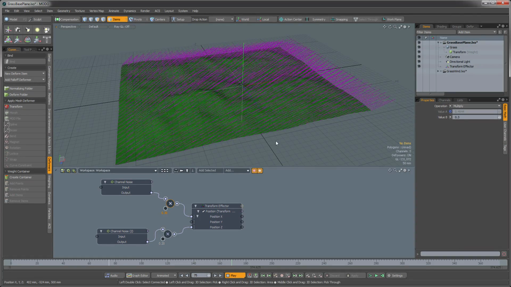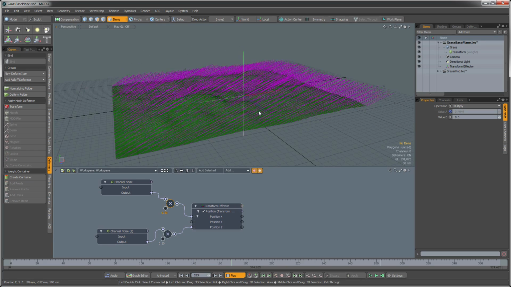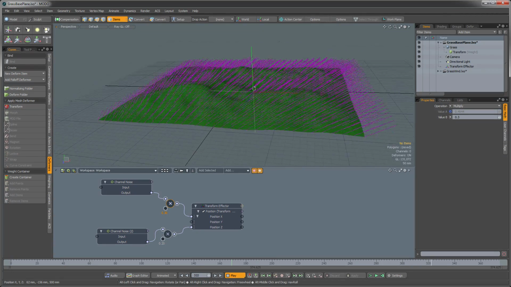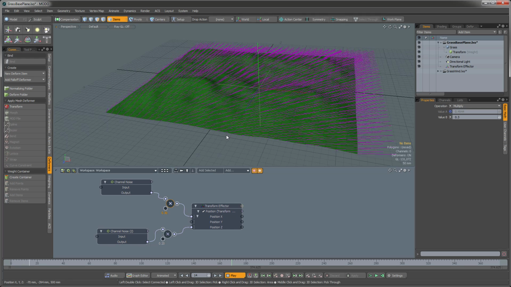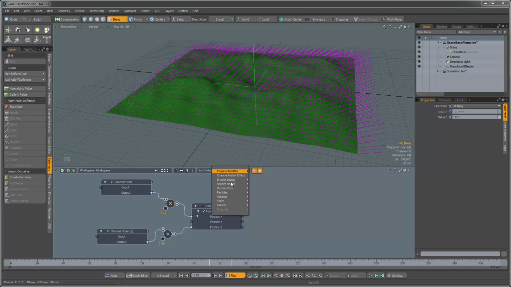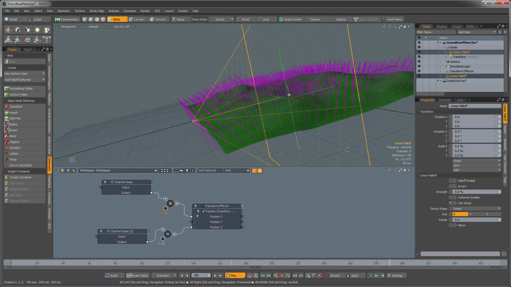Alright, so now we haven't had to do any keyframes, and we're getting a fairly decent looking motion now to our little guides. But the problem is all of the guides are moving exactly in sync to each other. So we want to vary them across the field of the grass. So the way that we're going to do that is we're going to use a falloff. So if I go in here and I add a falloff, and I'm going to create a linear falloff,